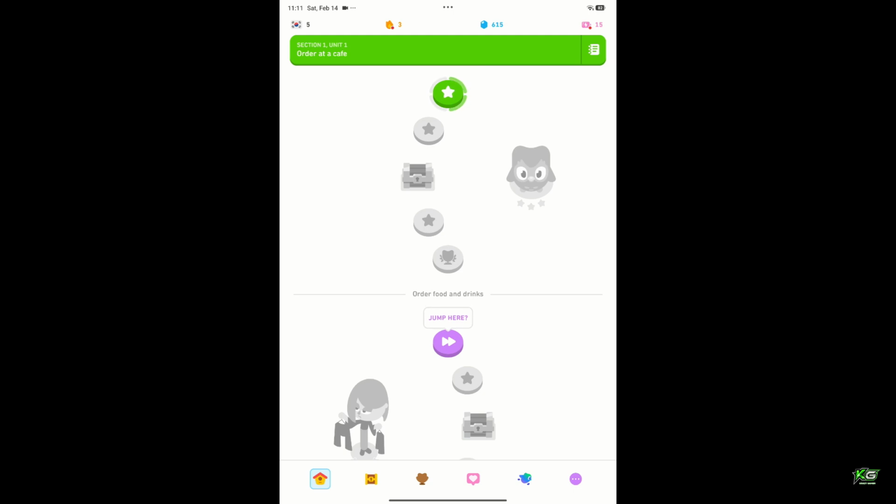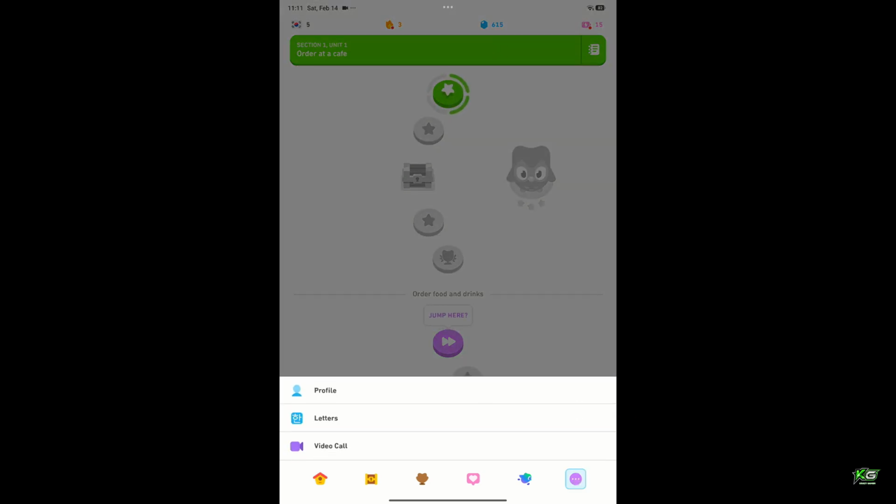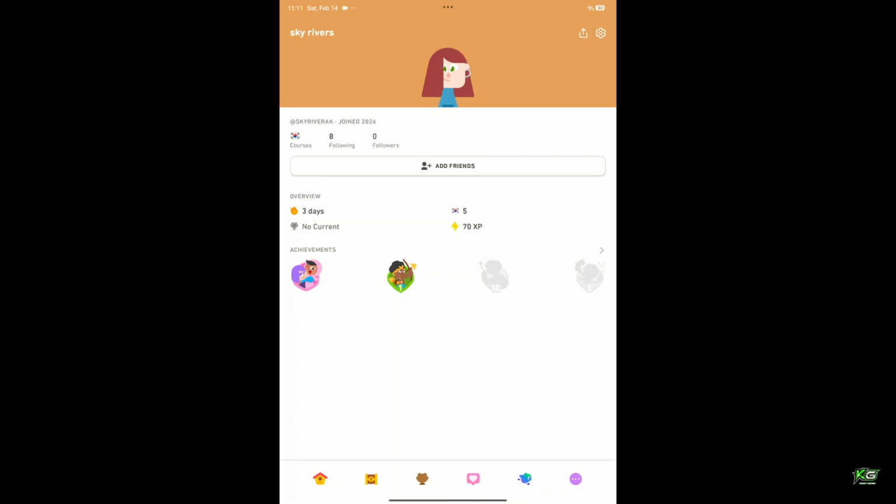So in that case, first of all, open the Duolingo app on your phone or tablet, and then once you're inside the home page, logged into your account, go to the bottom right corner and tap on the three dots. Now click on Profile from the expanded menu at the bottom and you'll end up in your profile section. Now go ahead and tap on one of your followers or following lists, either the following or the followers